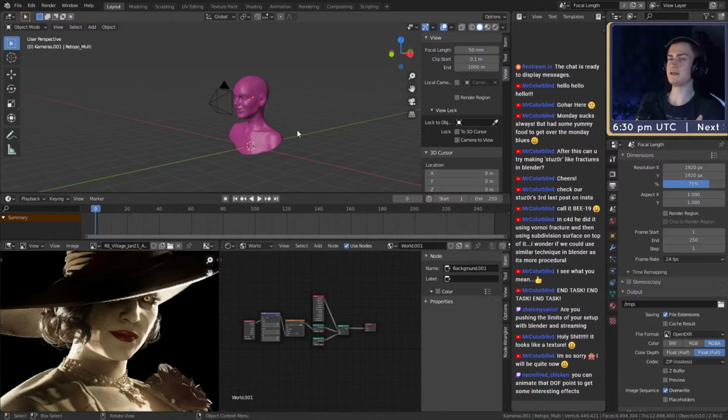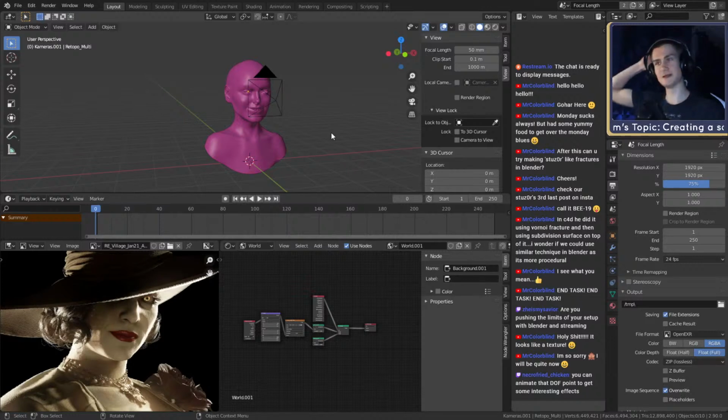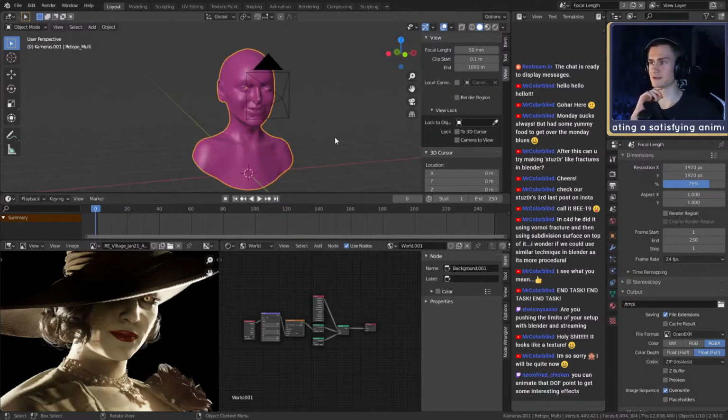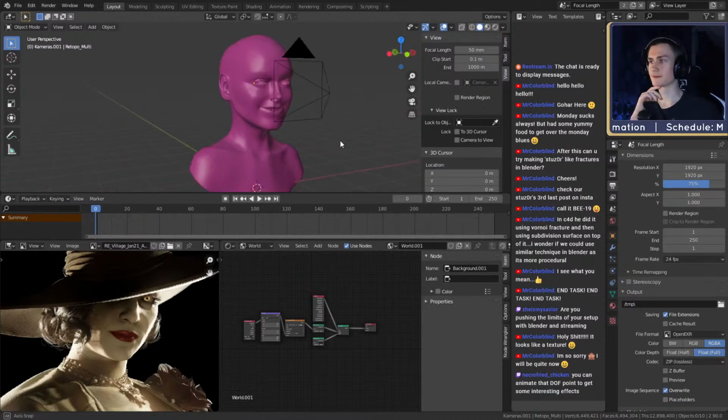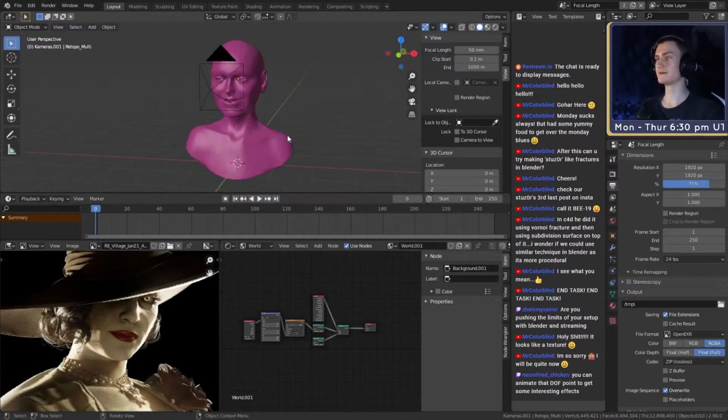So this week we're gonna attempt to create a satisfying animation, and the next 2 days, Wednesday and Thursday, either I'm gonna work on this character, or if there's anything else I wanna talk about or do, those 2 days are usually my rather free days where I leave my schedule open for anything.